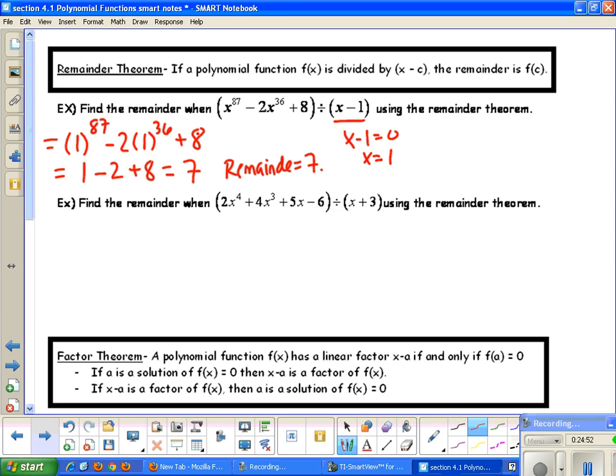It also means that x equals 1 is not a zero of this polynomial equation. Next example, find the remainder when we're dividing by x plus 3 using the remainder theorem. So I'm going to take my divisor, set it equal to 0 to figure out what I'm trying to test. I'm trying to see what the remainder is going to be when I have an x value of negative 3. So when I plug this into my polynomial equation,